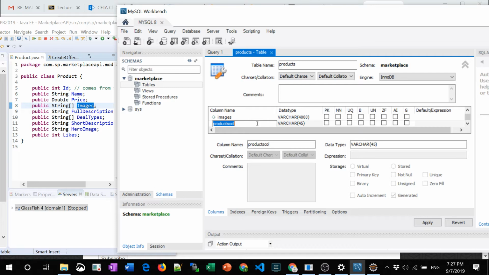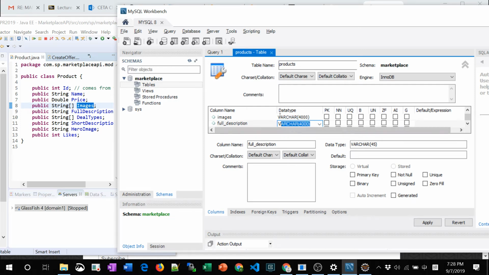Then you move on. The next column you have on the model will be called full description. So full description will be what the person will type in. The person will type a description about the product. If you go to Carousell, normally they allow you to put emoticons, some little mini font icons, text icons, emoji icons and stuff like that. So depending on how you want to store text, you can either indicate varchar 4000 characters, or if you think you can be more generous,